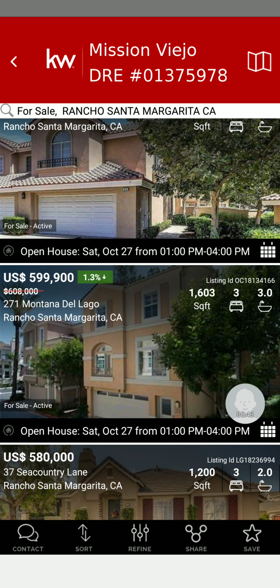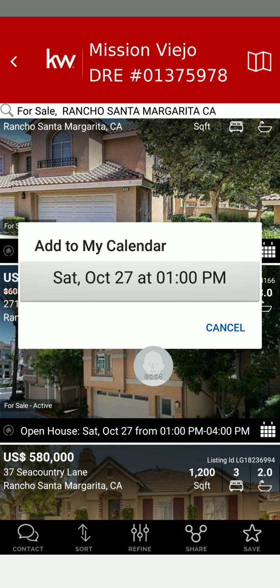Now down here at the bottom, you'll notice that it says open house Saturday, October 27th from 1 to 4 o'clock. So if I click on that, it shows up right here. And if I wanted to add that to my calendar, like say for instance, today is Thursday, but this is for this Saturday, I can click